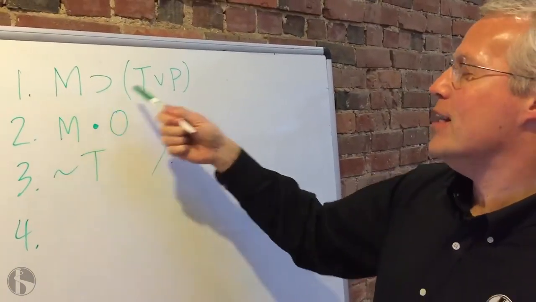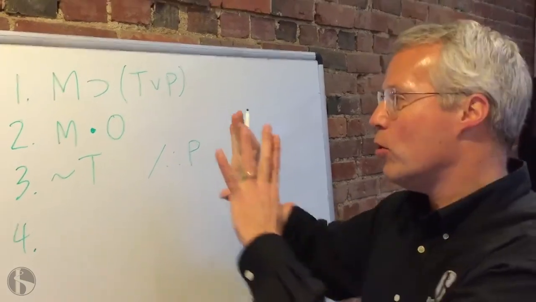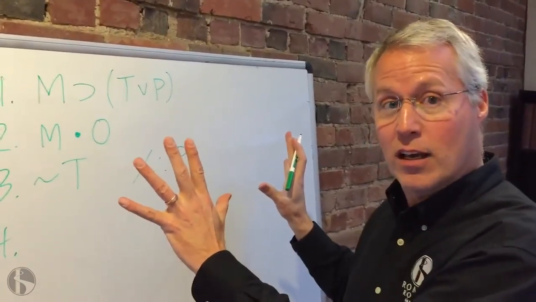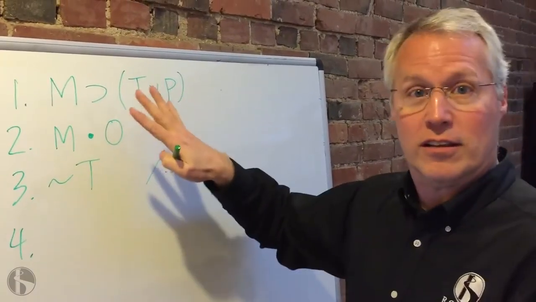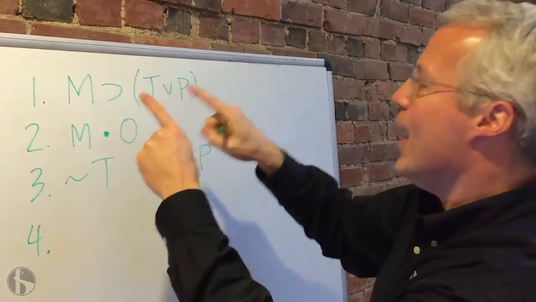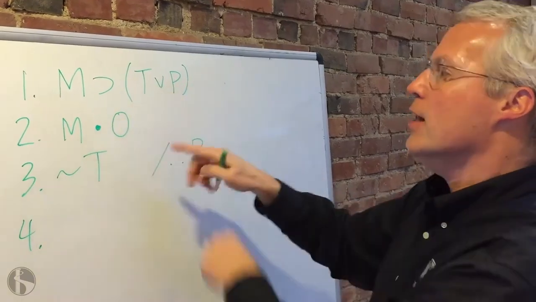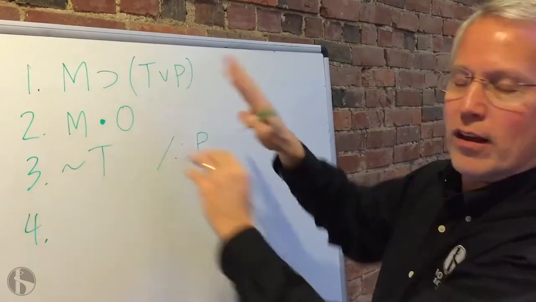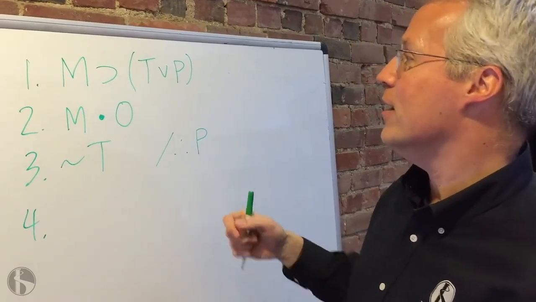I have if M, then T or P, and then I have M and O. And notice what I'm doing here. I'm no longer thinking of the meanings. I'm thinking of just the constants themselves. And so if M, then T or P, M and O, therefore P, I've got too much here and too much here. In order for us to get to the modus ponens like it sounds like we need,